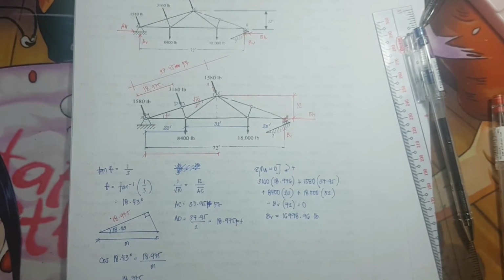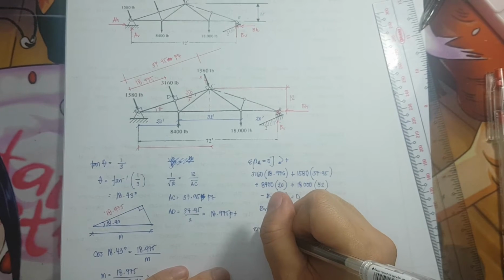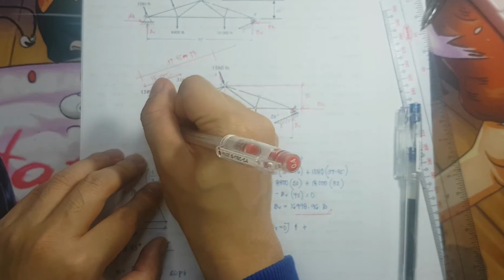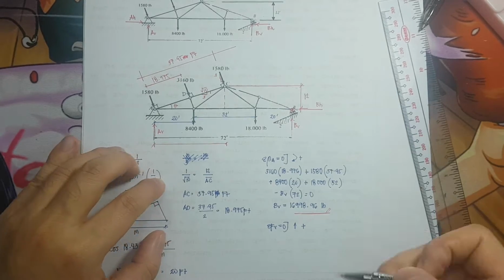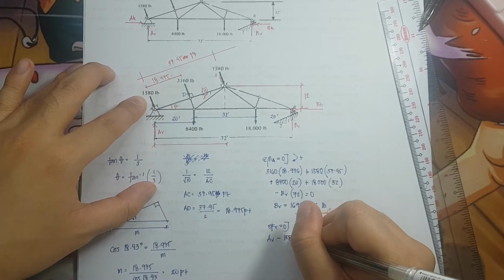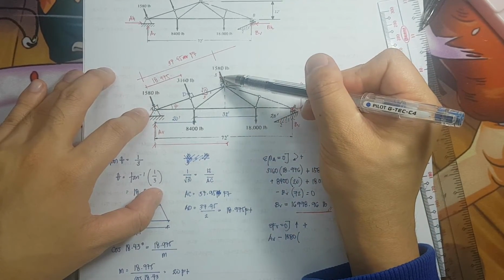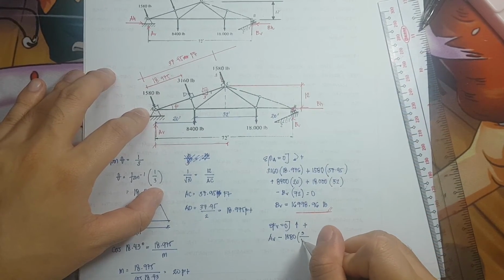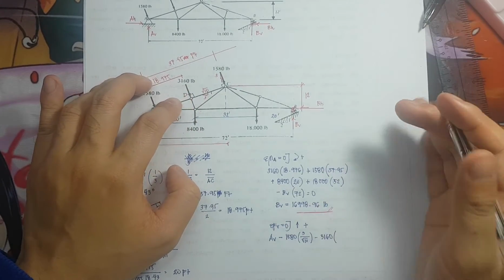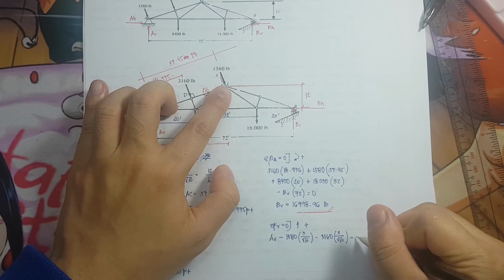So since I already have my B vertical, I'll just have the summation of forces vertical. Summation of forces vertical is equivalent to 0. All forces that are pointing upward should be positive. So my assumption here, A vertical is pointing upwards. Okay? So I have A vertical minus 1,580 times the vertical component, which is 3. Take note, the slope is 3:1. So 3 over the square root of 10 minus 3,160 times the vertical component of the slope, which is 3 over the hypotenuse of 10